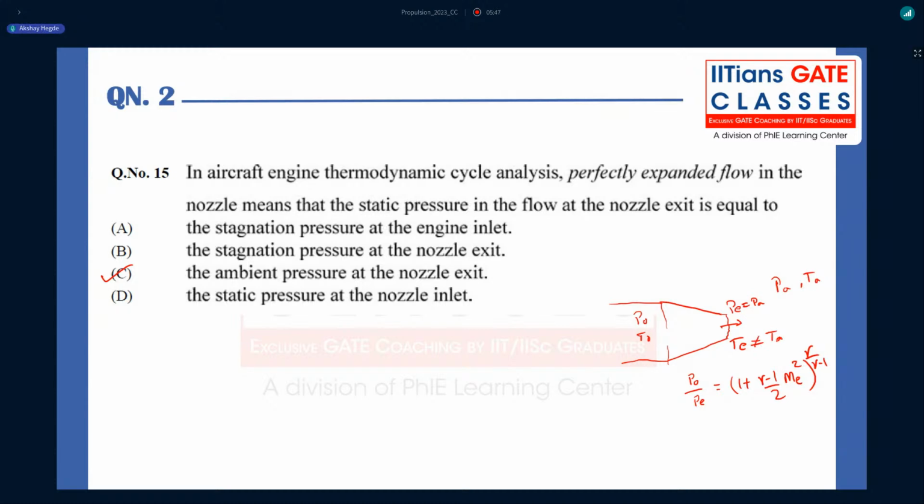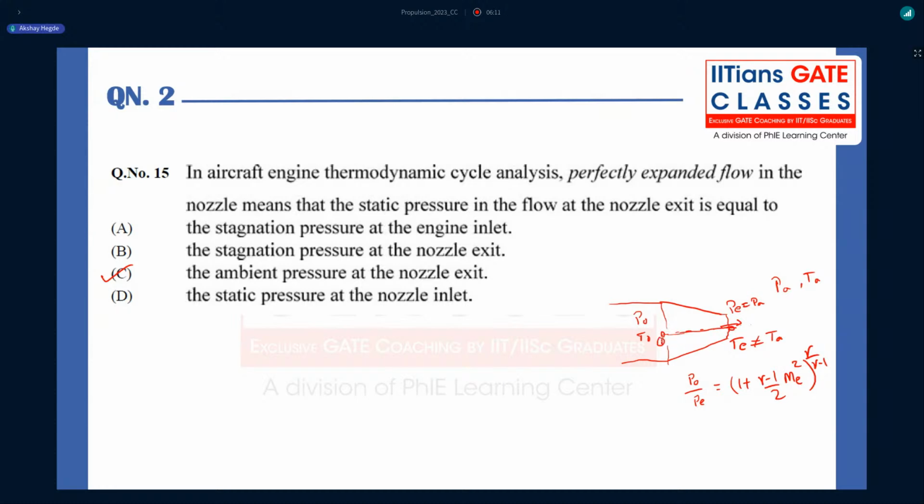So it can be different. TE can be higher than TA or less than TA. It really doesn't matter. TE is again purely governed by the nozzle geometry, by the energy equation. So if I choose a streamline going from the turbine exit condition to the nozzle exit plane,